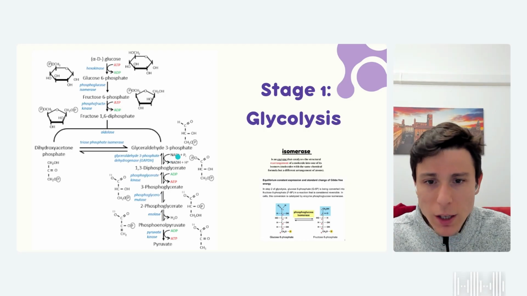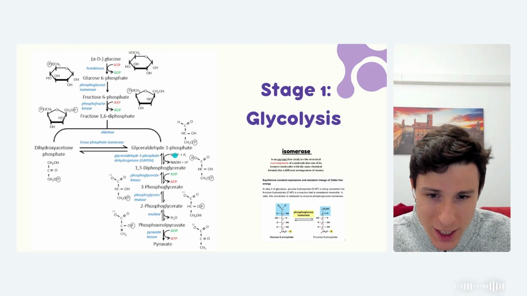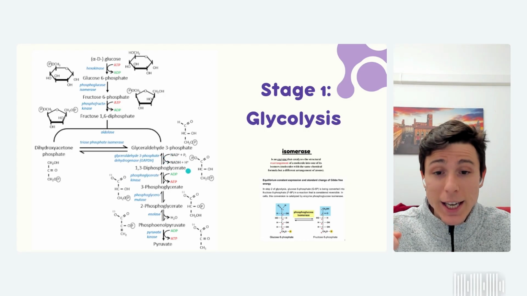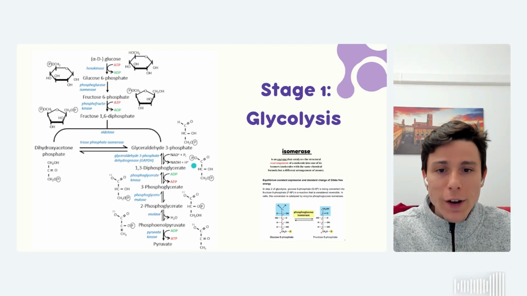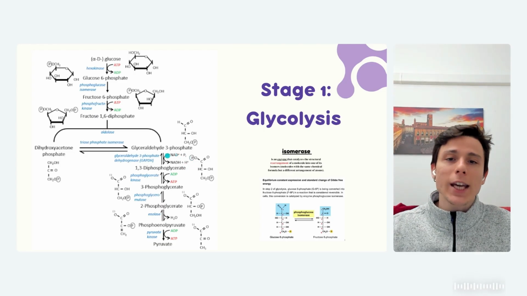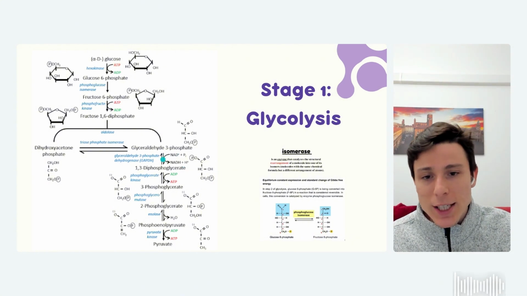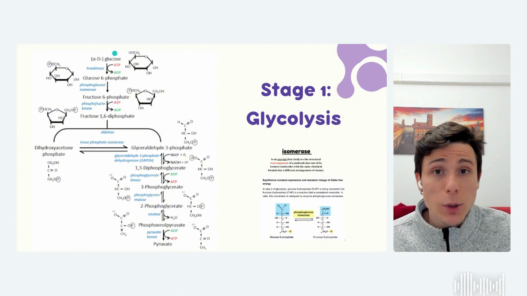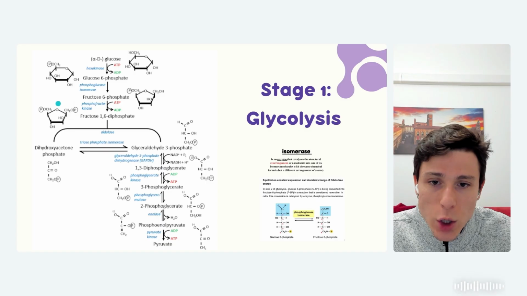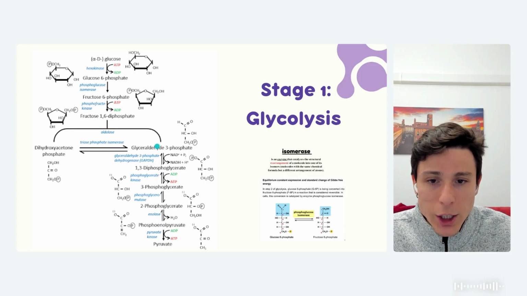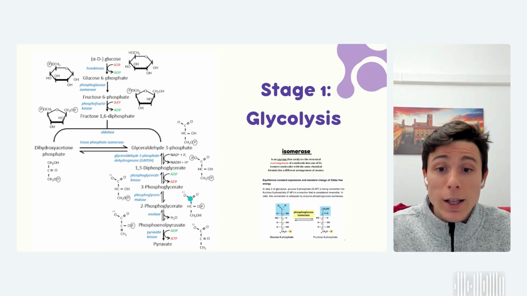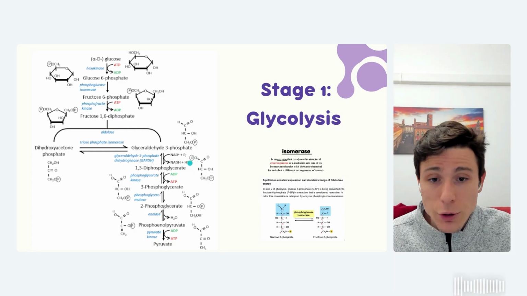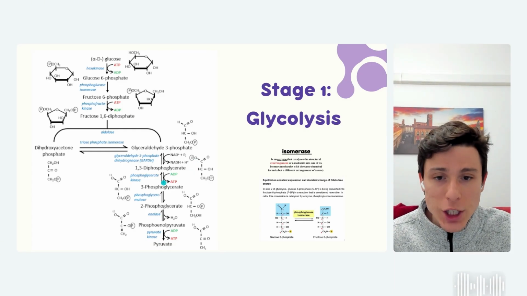But just understand a little bit of the process, because from now on, what's going to happen here is the formation of a NADH. So a cofactor is going to play an important role of carrying some electrons. And remember, this is going to happen twice, because once the molecule is broken into two, the other one is going to be converted to the substrate here, and then we're going to have once again some electrons being transported through these cofactors. After that, we're going to finally have the formation of the ATP.